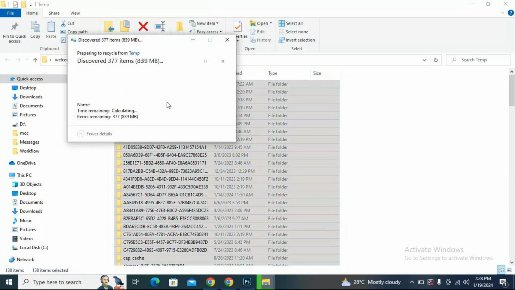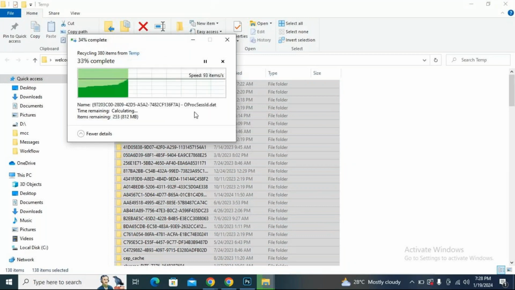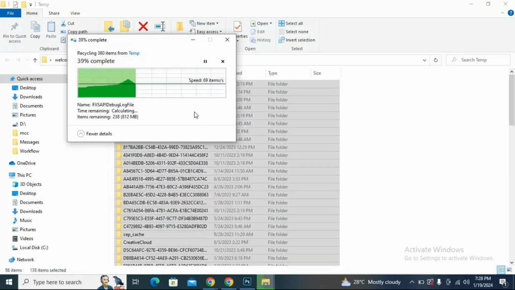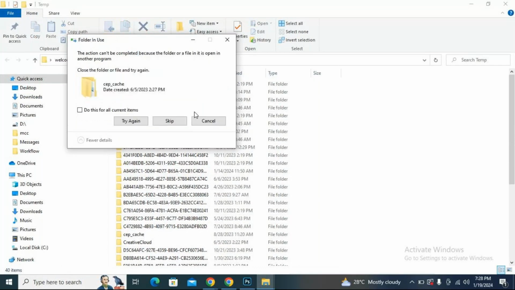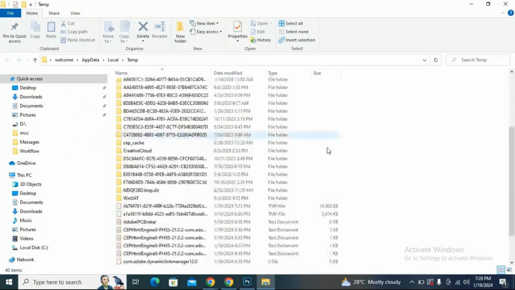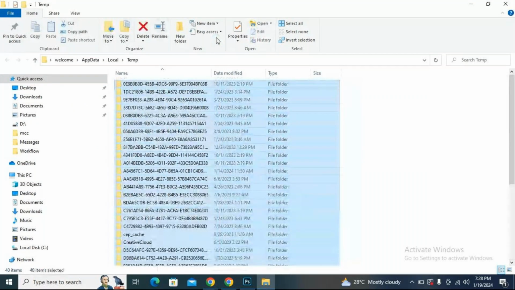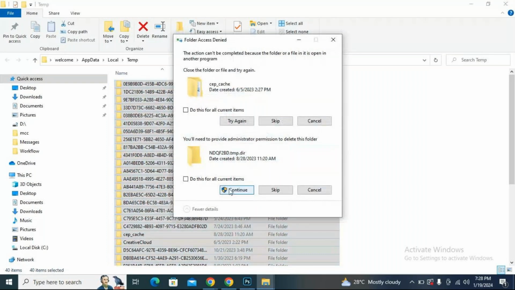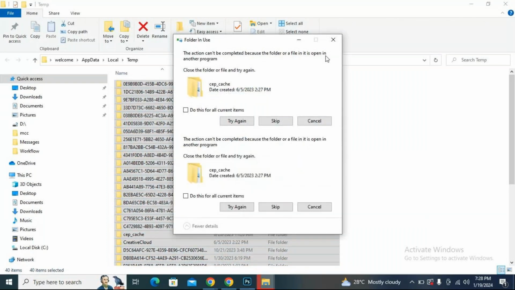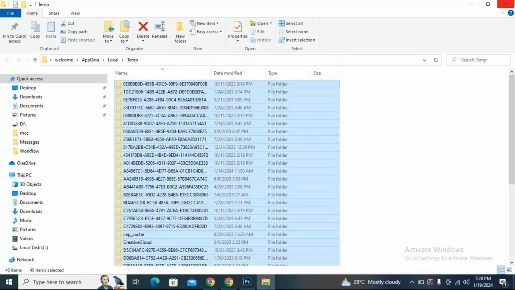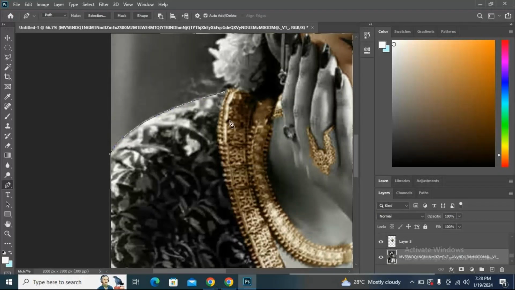So these are all specialized software. It will make you work slow, because all temporary files will be created by default. So whenever it's creating, just delete those files. So now